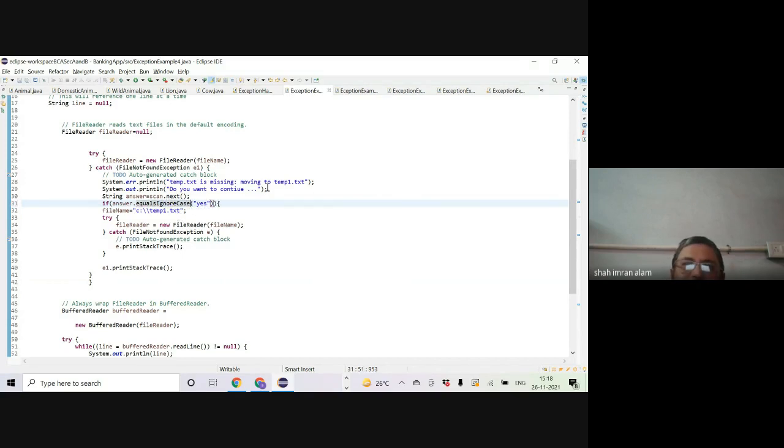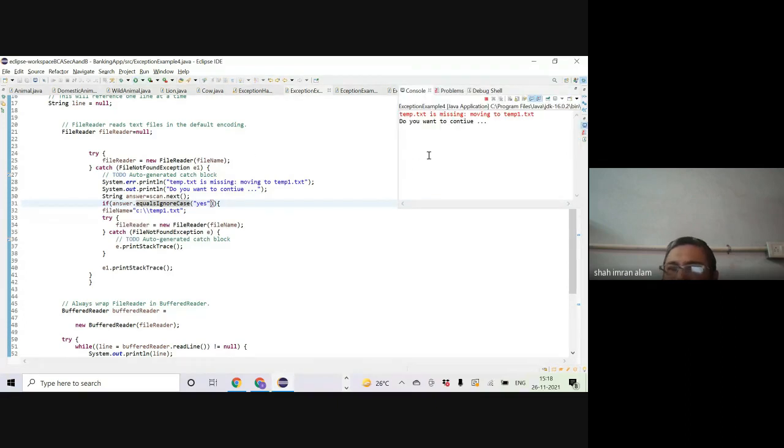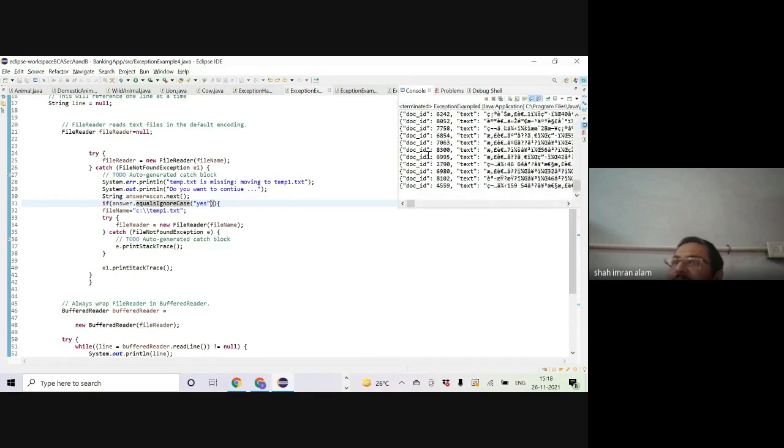So what will happen if we are using equalsIgnoreCase instead of equals, and then the answer is whether small letter yes or capital letter yes, or yes which is capital letter and everything with a small letter, or Y and then es, whatever. It should be yes. It will ignore the case and then it will work. Otherwise, it has to be in the same case. It will be case sensitive.